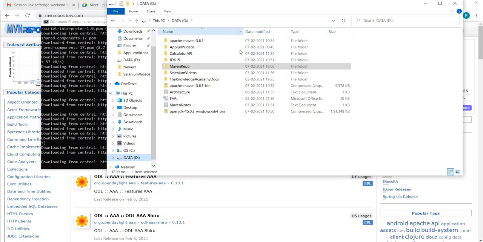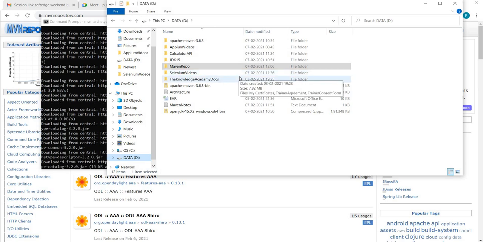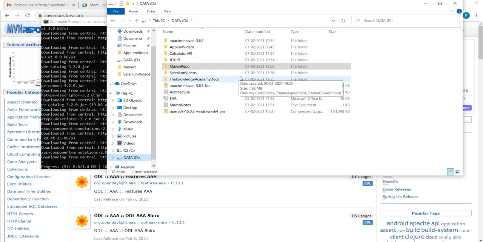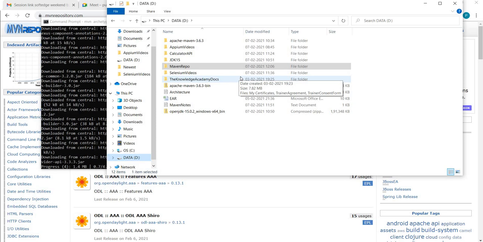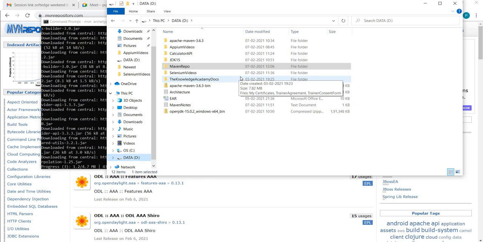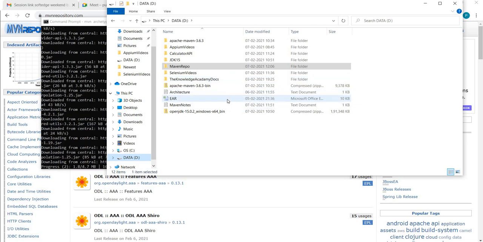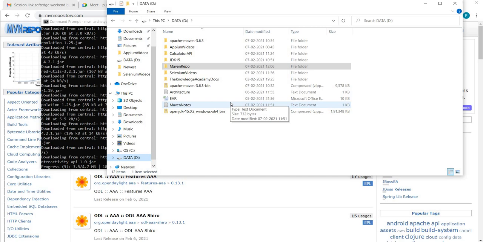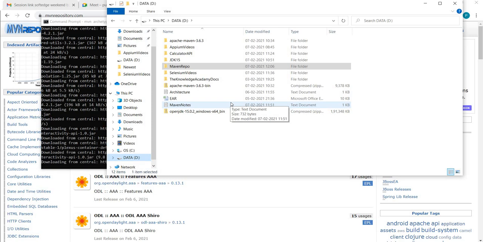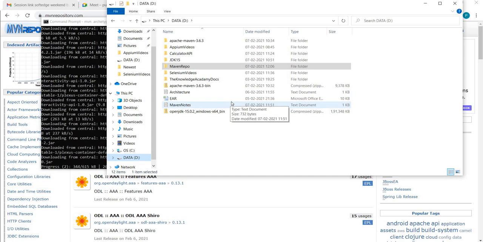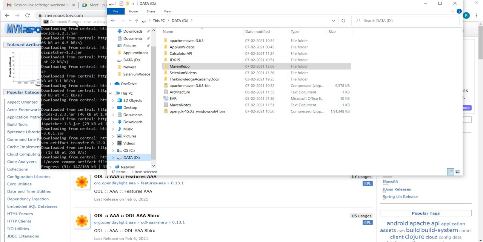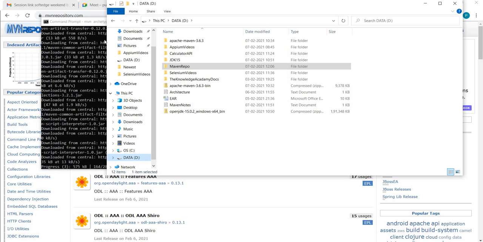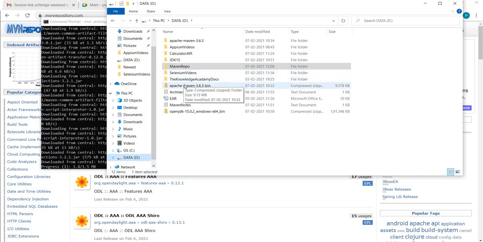Now I am using my own personal machine, so I don't have any proxy or anything, but usually company machines' internet requests are monitored with the help of proxy machines. So we need to check with our IT admin team if we have anything of that sort, and then you have to set up the proxy settings in that settings XML. Then only your Maven will be able to download the plugins as well as the dependencies, right?